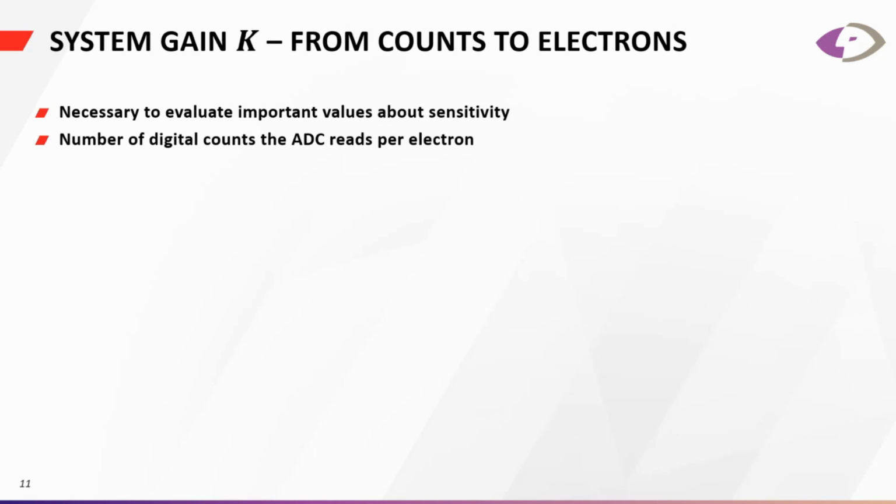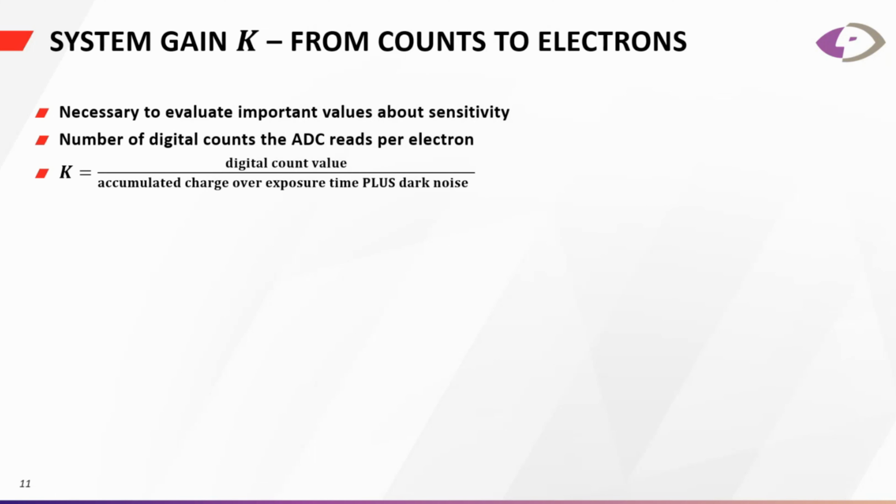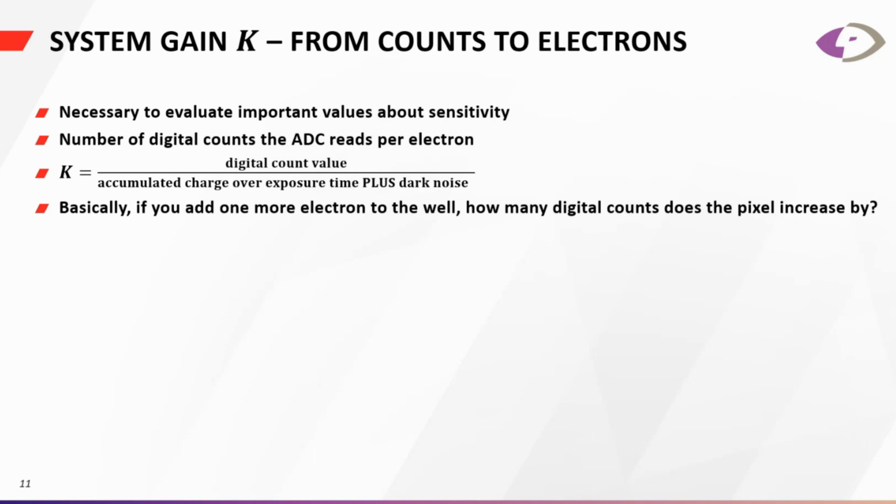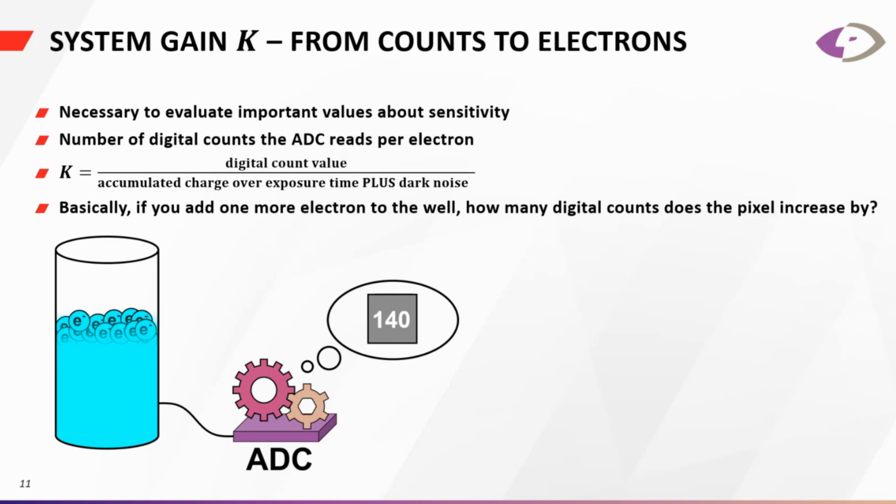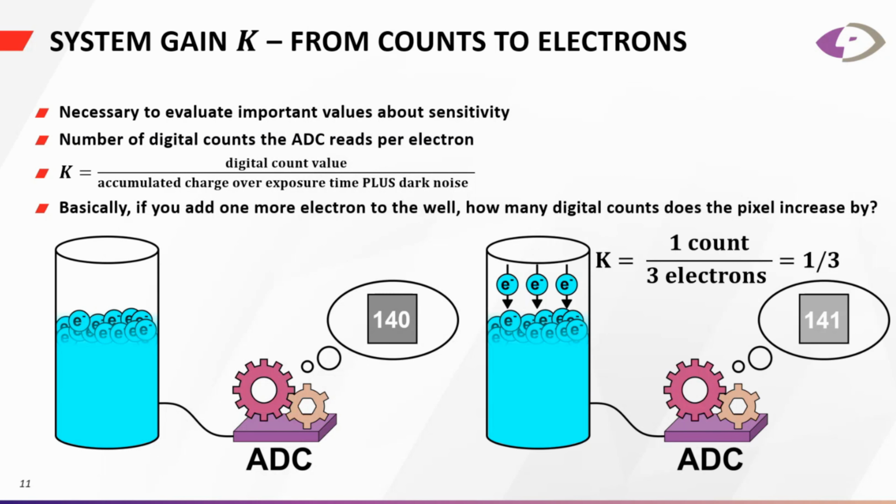So in this case, system gain is the number of digital counts the ADC reads per electron, and quantitatively, it looks like this. It's your digital count value divided by the accumulated charge over the exposure time plus your dark noise. Basically, if you add one more electron to the well, how many digital counts does the pixel increase by? So here you have a well with a certain capacity, and the electrons populate up to this level. Your ADC measures 140. If you add 3 more electrons, then the count increases by 1, so your system gain